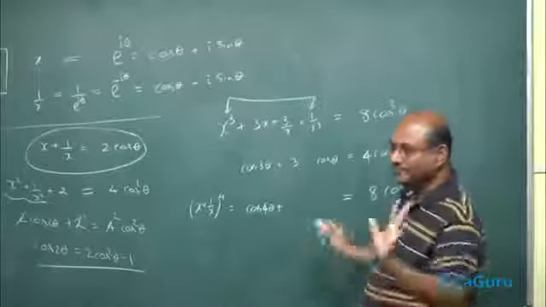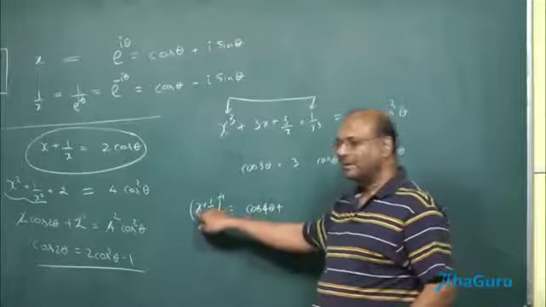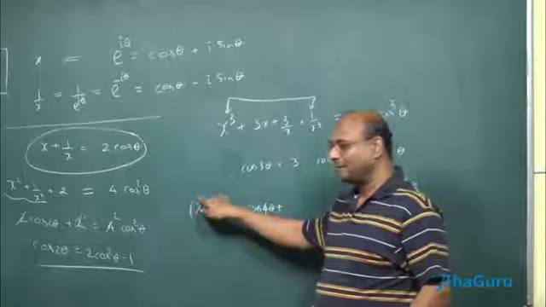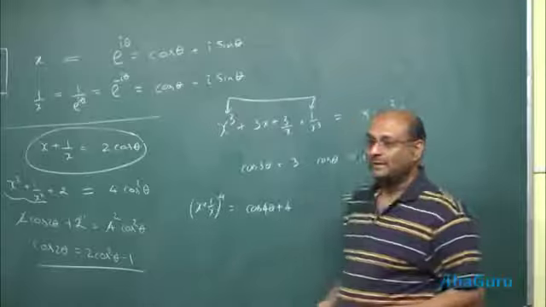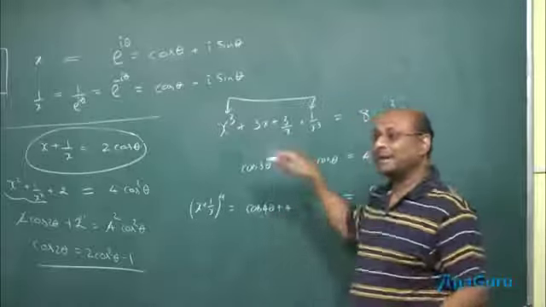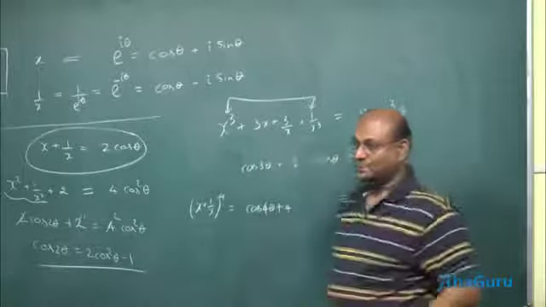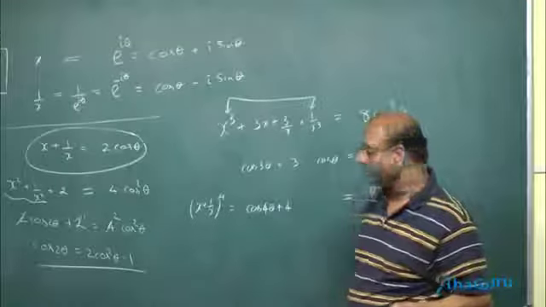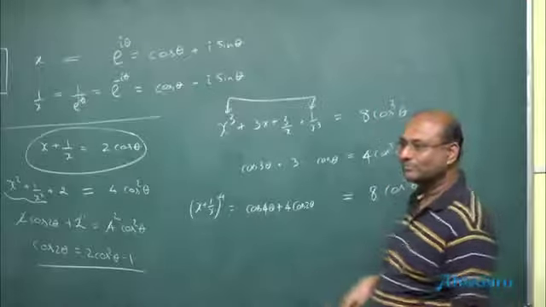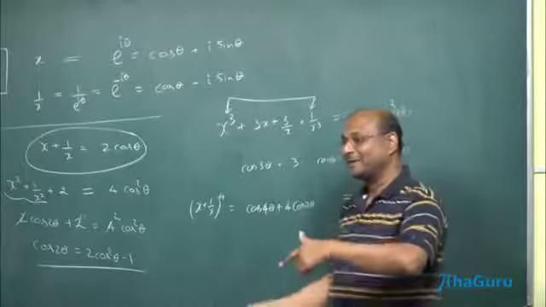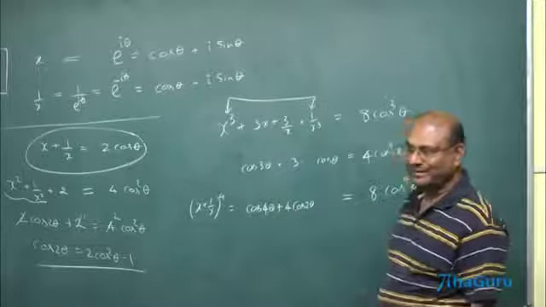First and last term fine. What about the next 2 terms? It's going to be 4 times x power 3 into 1 by x. So that's going to be an x square. So it's going to be 4 times x square plus 1 by x square on the other side. So actually we have taken care of two terms, then we have taken care of the middle two terms. So x square plus 1 by x square is going to be what? Cos 2 theta. Sir, by 2. I know, but I have already divided by the 2. It is 4 times x square plus 1 by x square. X square plus 1 by x square should have been 2 cos 2 theta. I have removed the 2 out. I have already divided by 2.